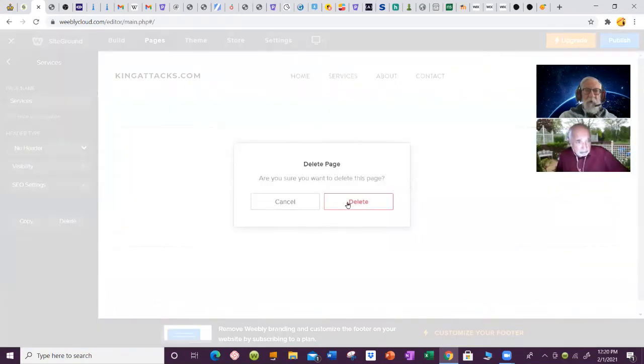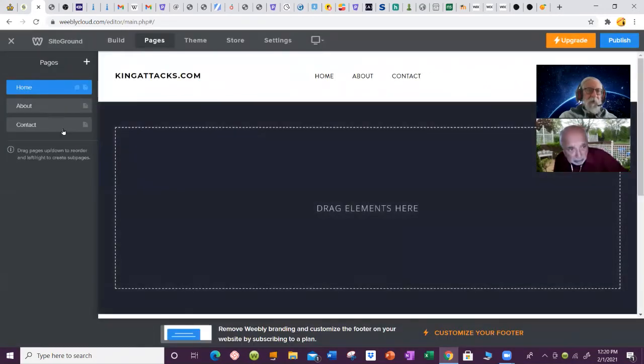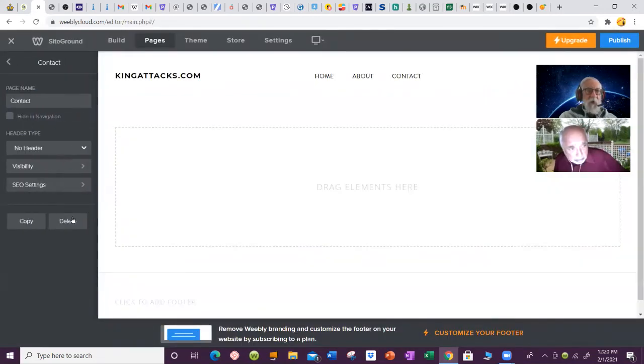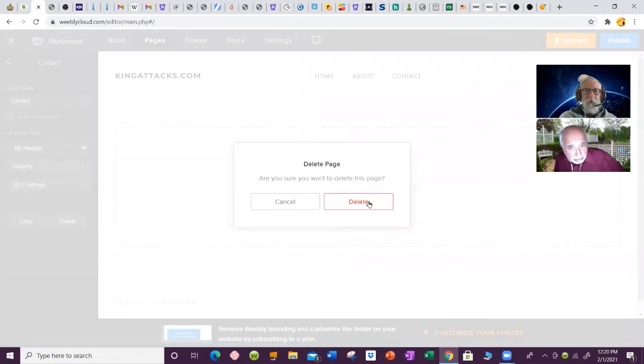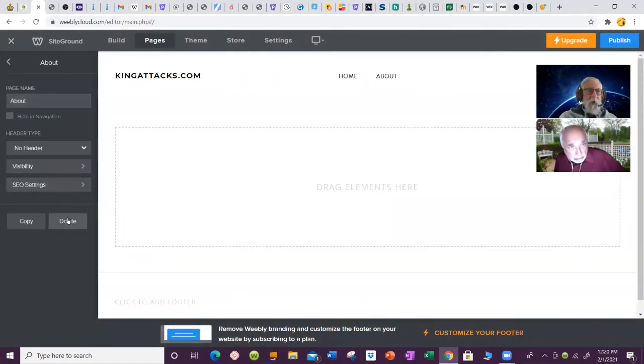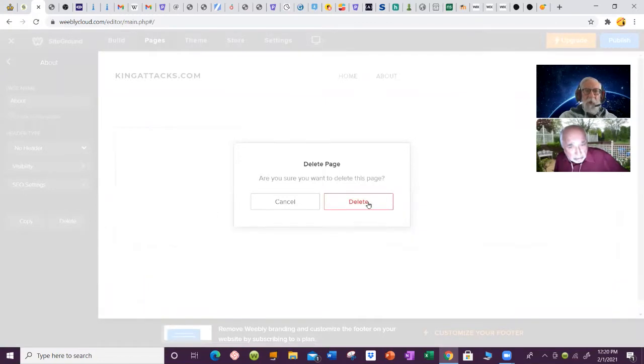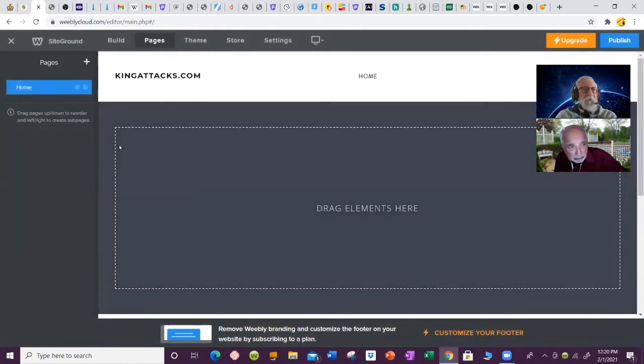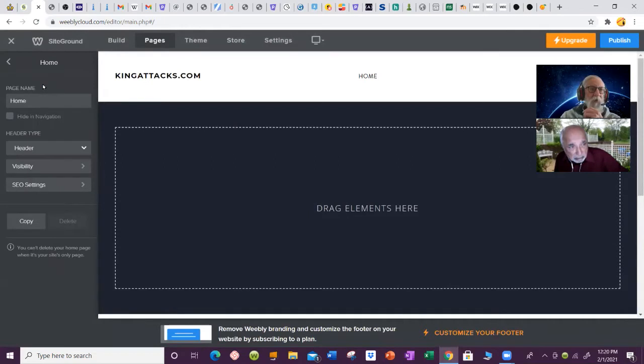The very first thing I do is I go here and I get rid of every one of these pages because you do not want to have any, and you can add pages easily, but you don't want any of their templated pages. This is as simple as it gets from bottom up. They still put stuff you don't want to need in there. So I'm blowing that away, and we're going to just go with the one home page,